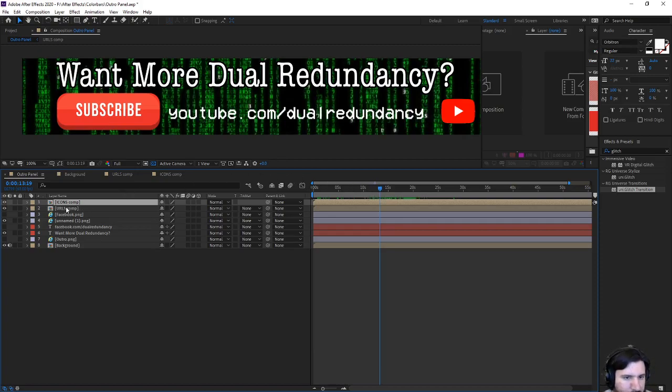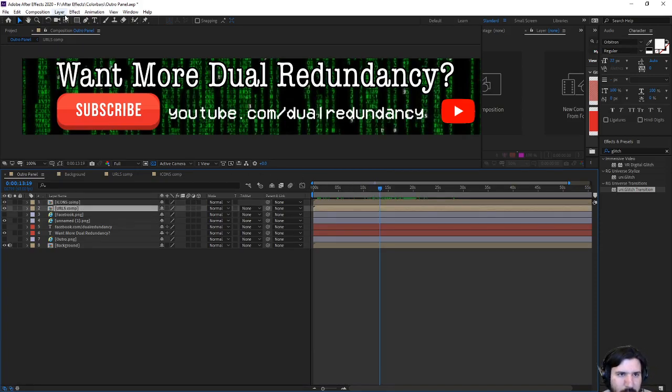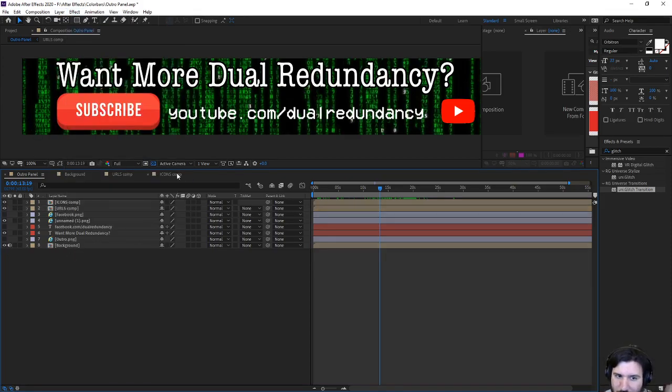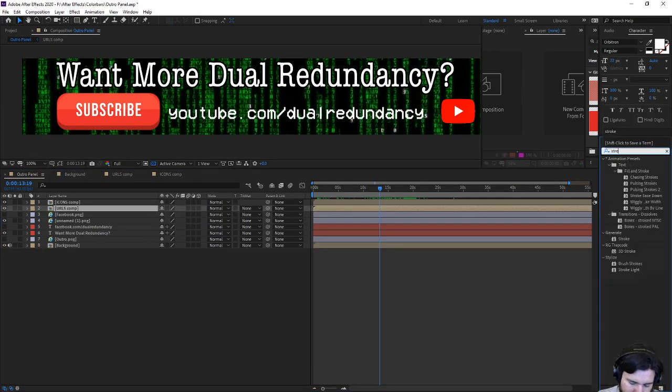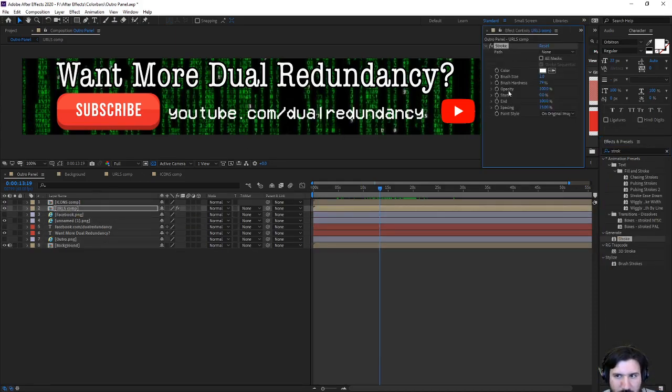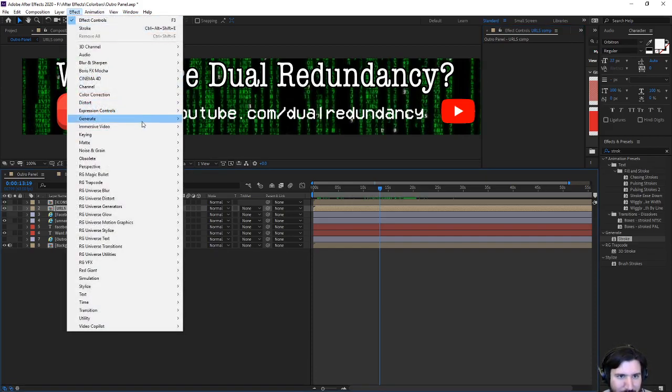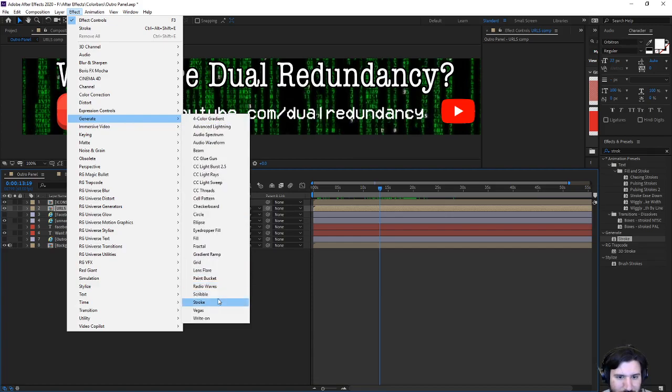But anyway, in the URLs comp, I'm going to go into layer, effect. So this is something that bugs me. If you go into here, and I go into stroke, right? And I do a stroke, and I pop it on this. It does not make a stroke. It does not matter how large I make that. It will not stroke that text. But if you click on this, and you go into effect, and you go into generate, and you go to stroke,